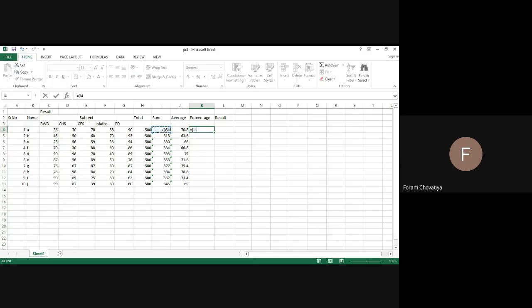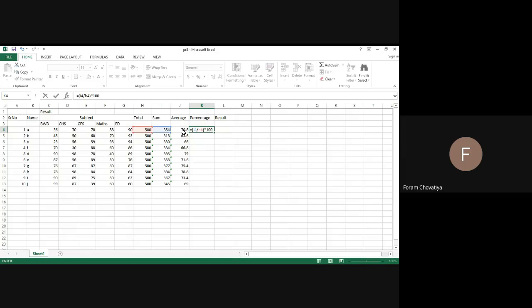I4, that cell we have to consider. So I4 divided by the total marks for all the subjects, H4, bracket close, then multiply by 100. Okay, that was the formula for percentage.